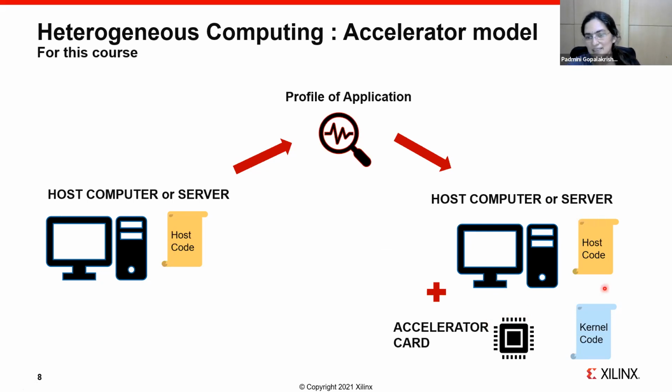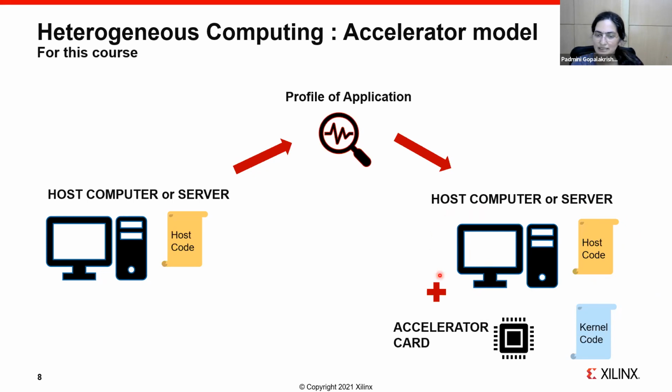Let me give you a more concrete example. Right? Let us say I'm running an object classification on my server farm. Okay, and I decide that in the course of doing this object classification, there is a matrix multiplication which I need to do, right, in my deep learning model. Okay, so you all understand some basics of how deep learning models work, and there is a convolution operation which happens there very often, right?